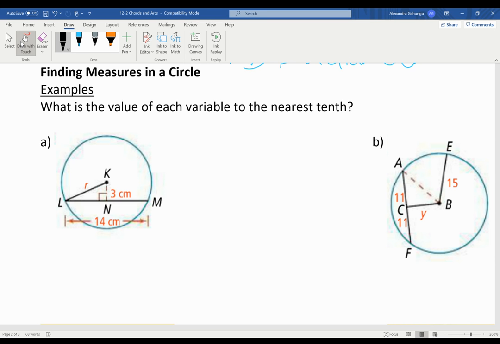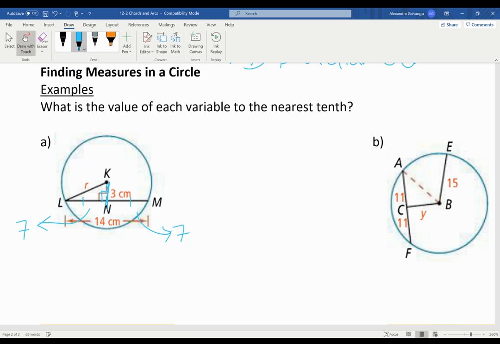Now we'll go through the examples following all those theorems for 12-2. First example, we need to find the value of each variable to the nearest tenth. From what I see here with this 90 degree, that means that the chord LM is being bisected by this guy. So when it's bisected, that means LN, that little piece, is congruent to NM. And if I know that the whole thing, LM, the chord, is 14, I know that each of these